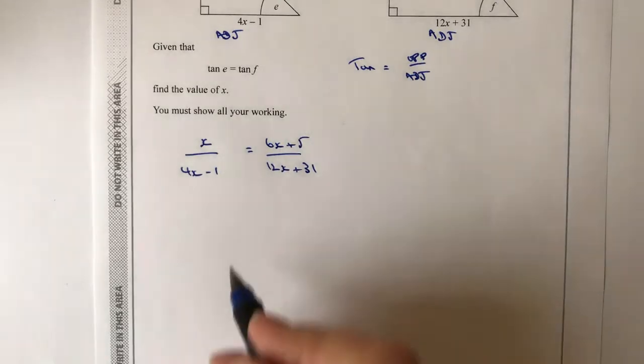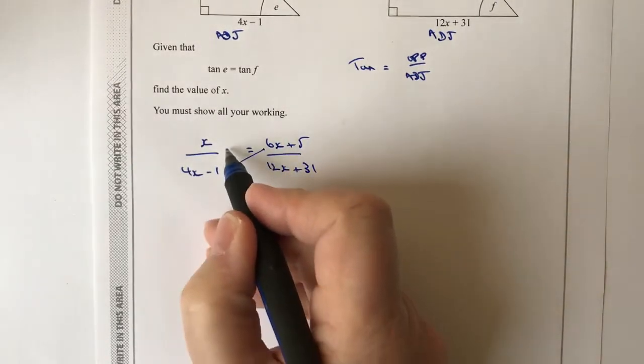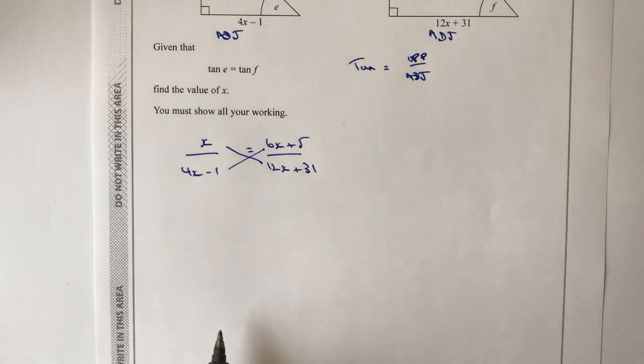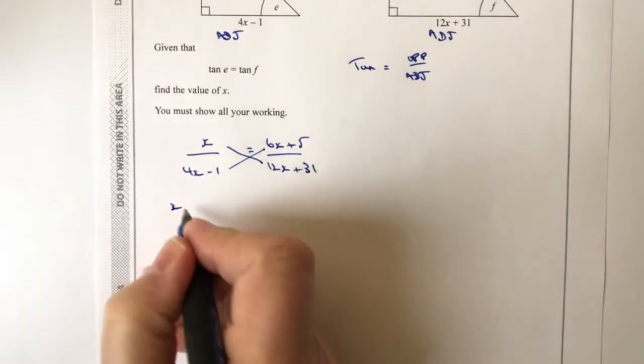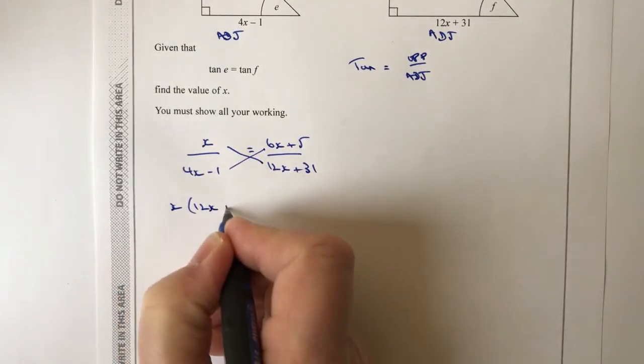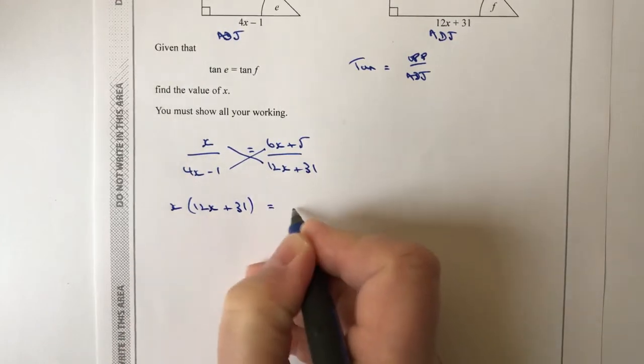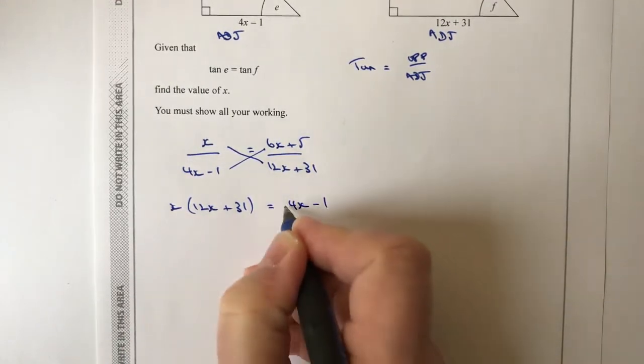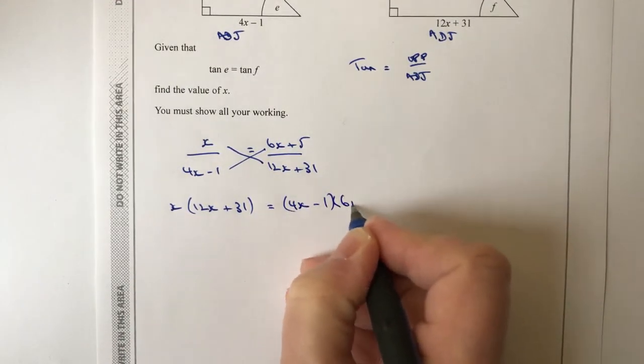I multiply that by that and that by that, and what I get is x times 12x plus 31,